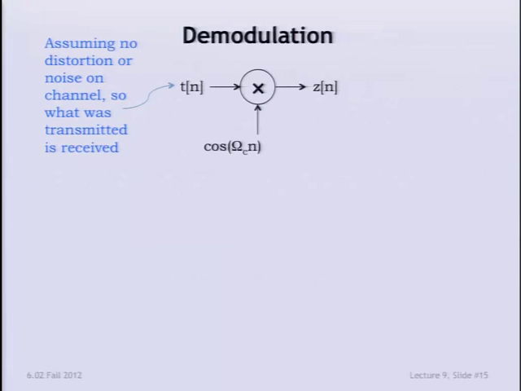So here's what a typical general demodulation scheme is for amplitude modulated signals. Here's the transmitted signal. It's been received. I've converted it from analog to digital and so on. I'm going to multiply it locally by a cosine at the same frequency. So I have a local oscillator at my receiver that's got the same frequency as the carrier frequency that was used for transmission. When you tune your radio on AM, what you're doing is actually adjusting the local oscillator frequency to match that of the